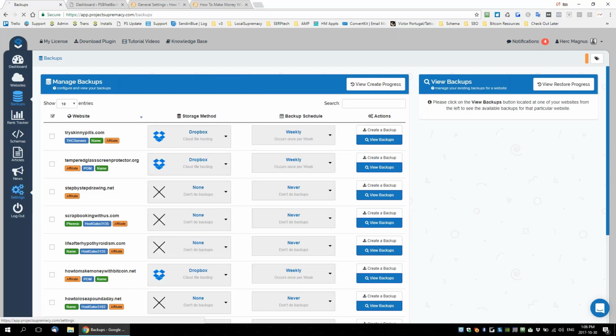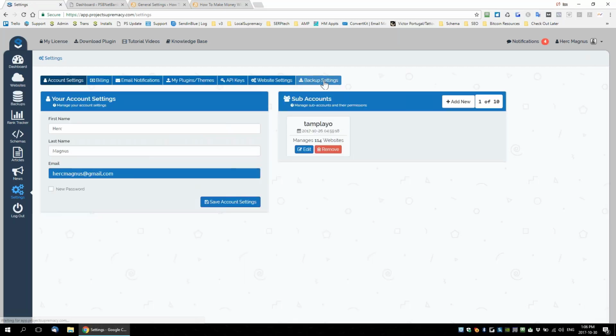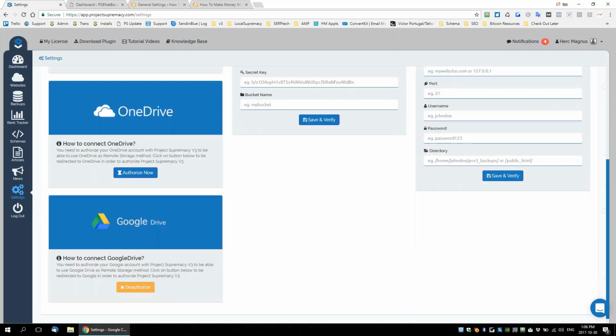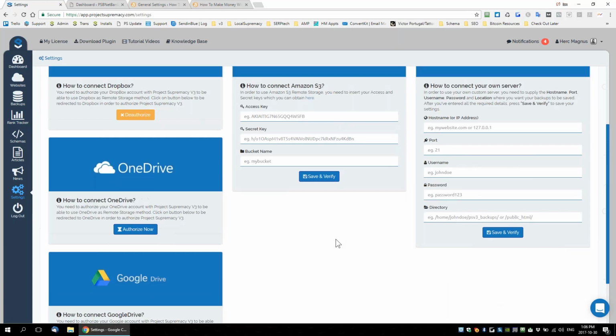Okay, so I'm going to go to settings. Here's how you set up backups. You go to settings and you go to backup settings. You can back up stuff if you have a Dropbox account, if you have an Amazon S3 account, if you just want to do normal FTP, meaning right to your server. OneDrive, Google Drive, we have a bunch of different options for you guys to be able to store your backups,